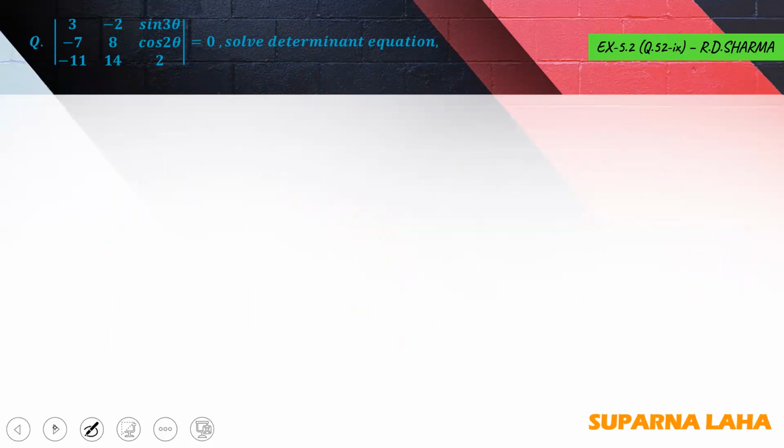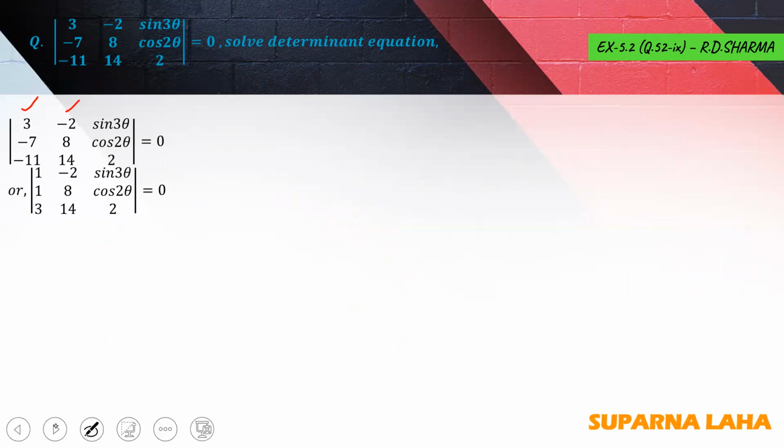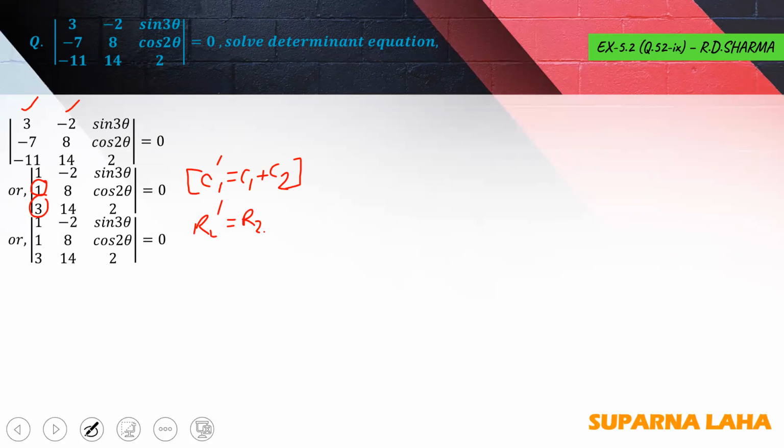Solve this determinant, that means you need to find the value of theta. So this is the given determinant. Now look at here, if we add this column and this column, what will you find? This first column is given by 1, 1 and 3. So what we are doing, C1 dash is given by C1 plus C2, right? Now look at here. Now make this element and this element 0. That is R2 dash is given by R2 minus R1 and R3 dash is given by R3 minus 3R1.